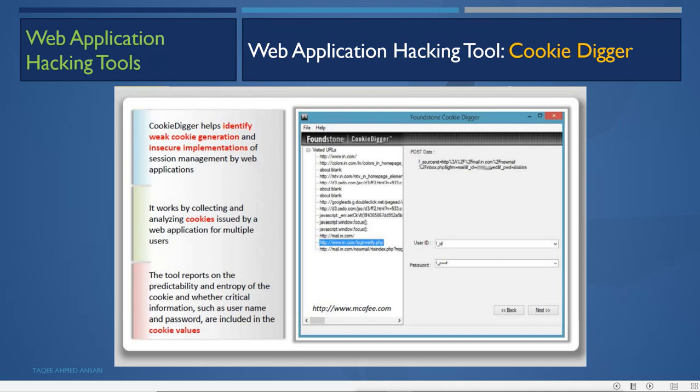So this tool also works like a proxy. It captures all the cookies from different users and tries to identify the cookie generation mechanism and see whether it is secure or not secure.